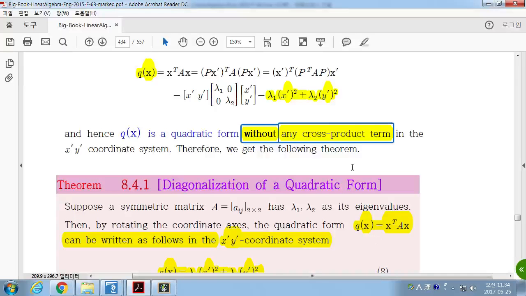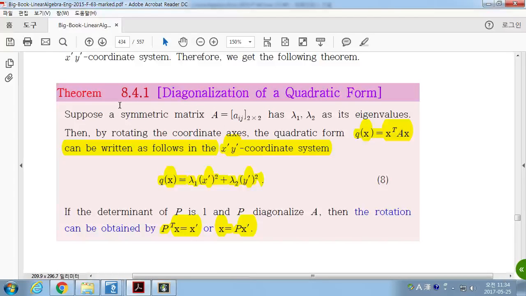Then we can easily consider the nature and behavior of this. From here we can easily see whether it is an ellipse or a hyperbola or a parabola by just looking at these values, which are the eigenvalues. So if we have a quadratic form, then we have a matrix. Then we can find the eigenvalues. Then from those eigenvalues, we can see whether the quadratic equation is an ellipse or a parabola or a hyperbola.